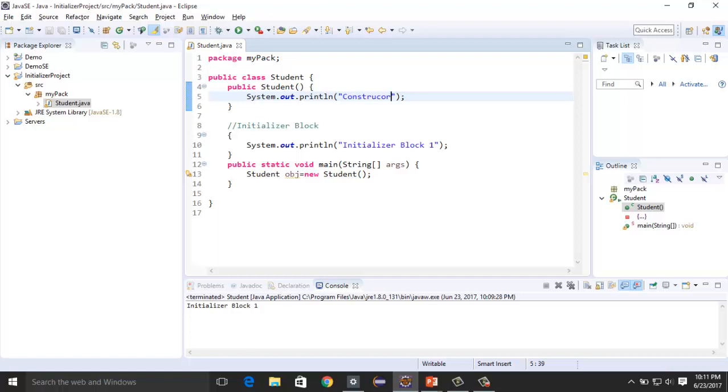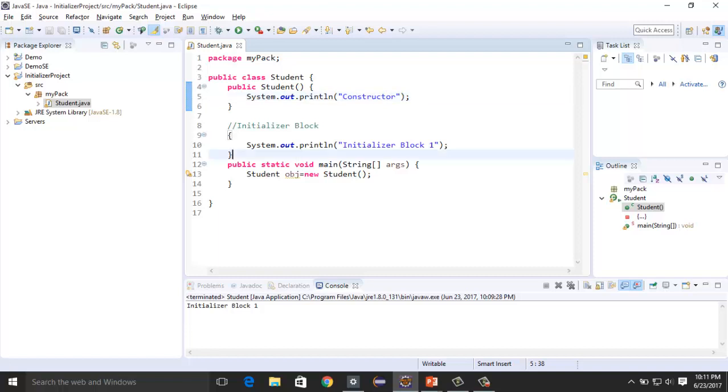So by default here parent class object is also being created, so there must be parent class constructor calling. Okay, so this is our class constructor, and if it's calling object class, then there must be object class constructor gets called.